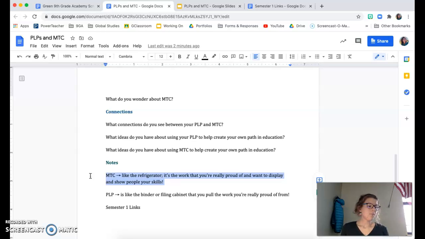The PLP helps you build and store. It's like that base. It's the filing cabinet of work that you can put into your MTC. And MTC shows that work, and because it's showing work and evidence and things you're proud of, it shows more than just a grade. Yes, it shows the score that you got, but it also shows the skill that you were practicing, projects that you did, things you're really proud of. It's that bigger picture. Yes, you're a human, you're not just a body in a